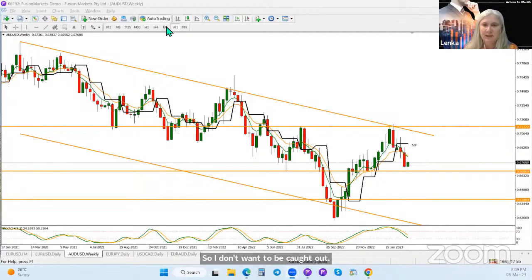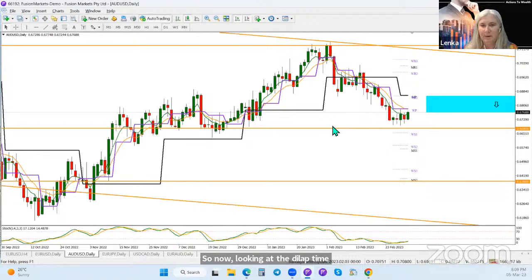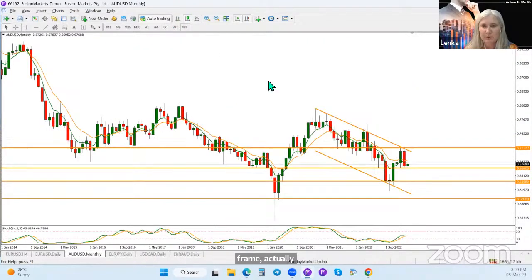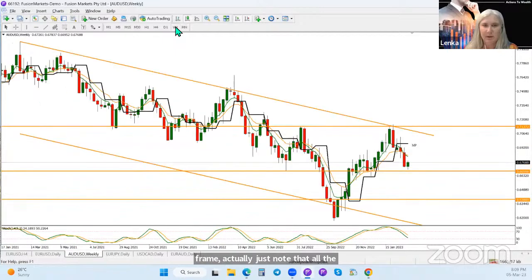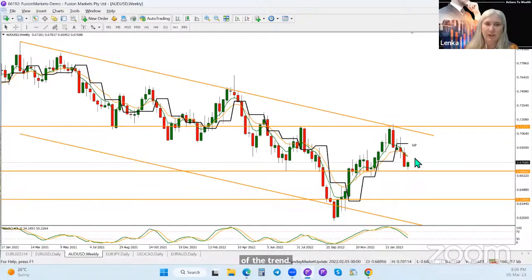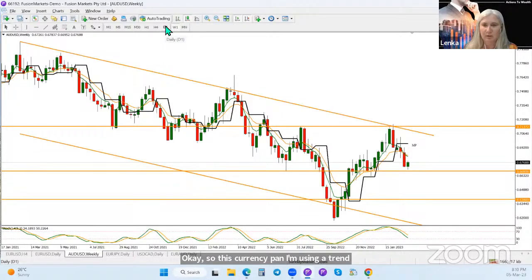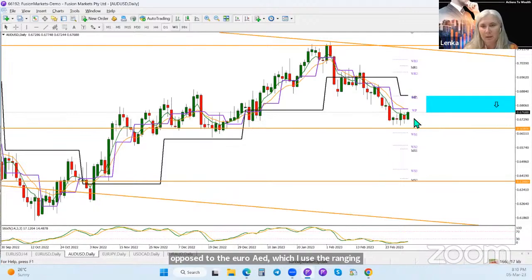So now looking at the daily time frame. On the daily time frame, just note that all the EMAs on the monthly and weekly are now pointing down. Therefore, it's confirming that short direction in terms of the trend. Okay, so for this currency pair, I'm using a trend strategy as opposed to Euro AUD, where I use the ranging strategy. So here, because I'm looking for short opportunities, I'm looking for this price to go up at first. So if that's to happen,